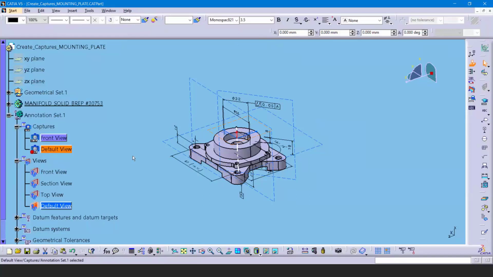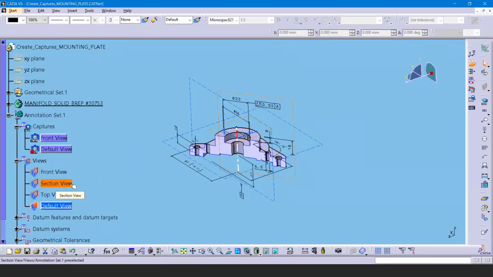Let's go ahead and create a section view. Now the section view is going to be tied to this section view right here. And by the way, when I click on the section view, and I'm not activating it, I'm just singularly clicking it, you can see that it shows you the location and it cuts through that. It's going to show you that cutting through it because I have my 3D annotation query set to on. So as you click on different things, it'll automatically do that. This is a personal preference. If you do not want that to be the case, you can turn that off. So now once I click on it, it just highlights the view frame, but it doesn't actually cut through